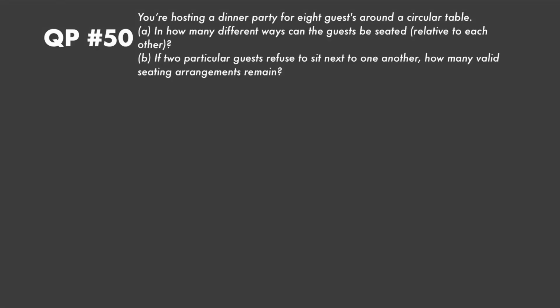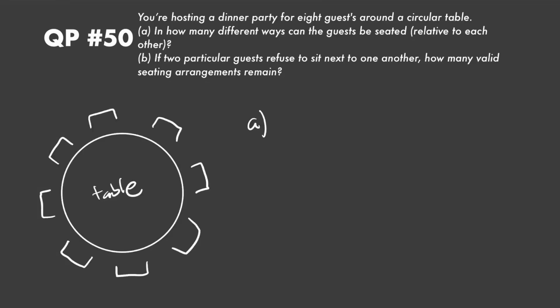Hello everyone, today let's take a look at Quantipus number 50, which is a circular permutations type of problem. Basically, you're hosting a dinner party for 8 guests around a circular table. So in part A, how many different ways can the guests be seated relative to each other? And in part B, if two particular guests refuse to sit next to each other, how many valid seating arrangements